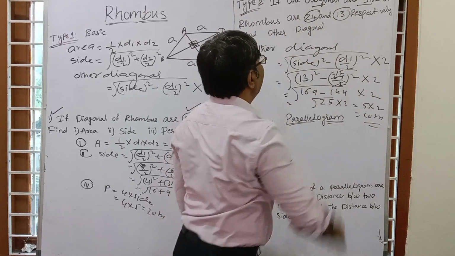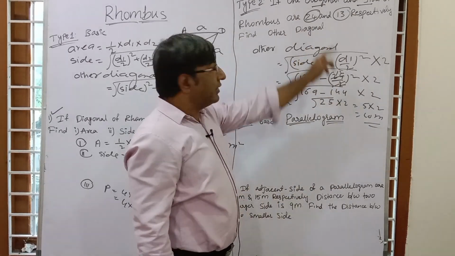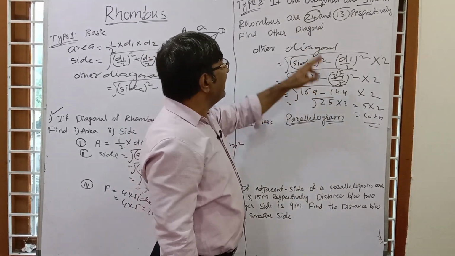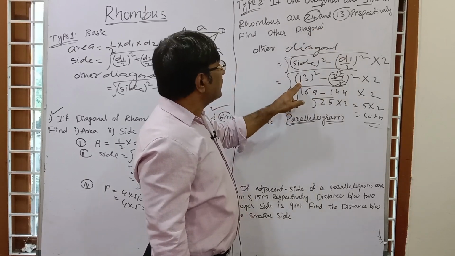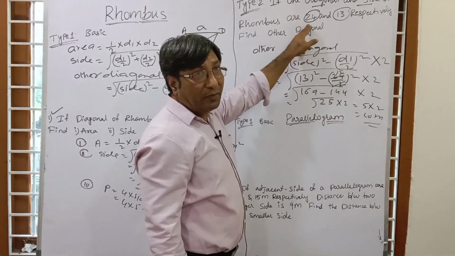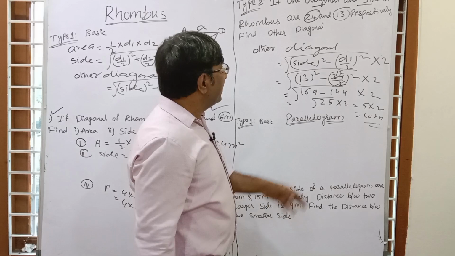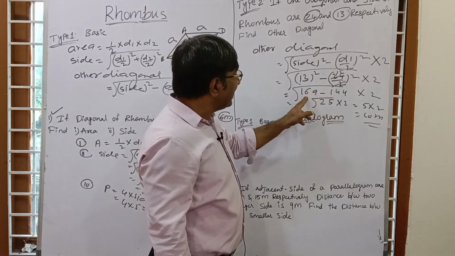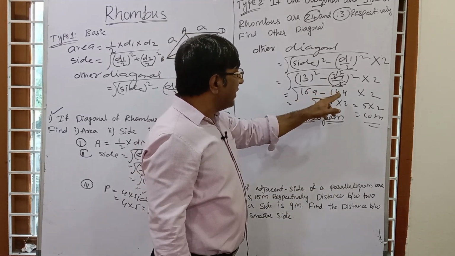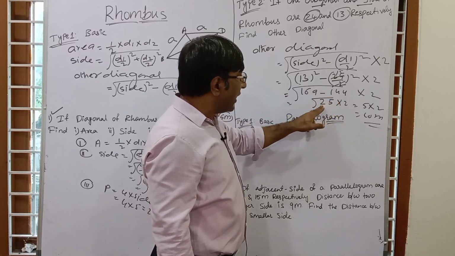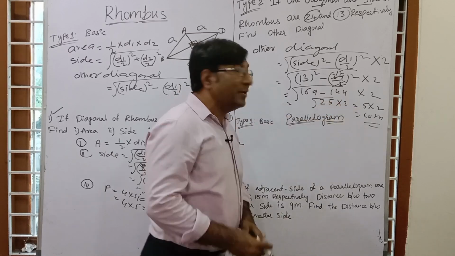Side will be 13. So take is what? Diagonal square, that is 13 square. And diagonal is 1 by 2, so 24 by 2 is what? That is 12. So this is 12 square. You can find the direct answer: 169 minus 144, that is 25, root 5 into 2, 10 meter,